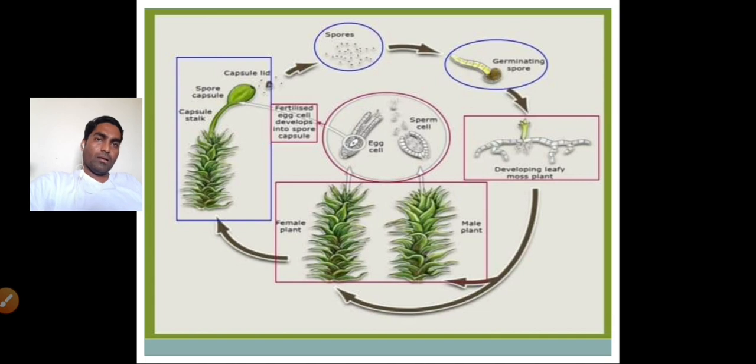Within that, in liverworts and Anthocerotopsida, you can find that the spores directly germinate into the gametophyte, while in the case of the mosses it is somewhat different. Here, after liberation of the spores from the capsule, or the sporophyte, they first start germination, and germination results in a freely branched structure, which is called the protonema, and that protonema will later develop into the gametophyte.